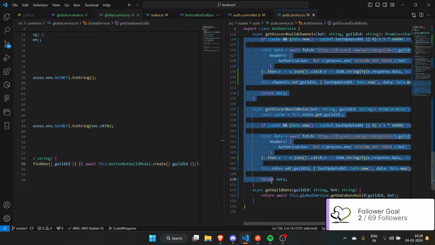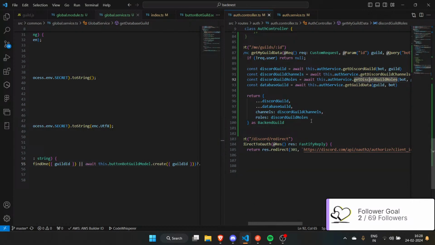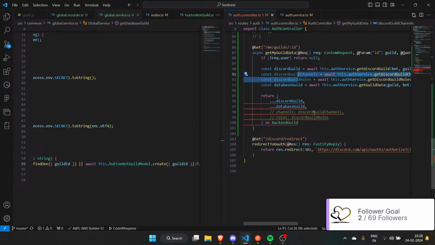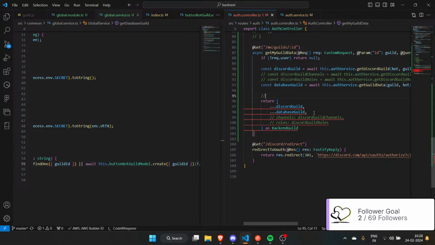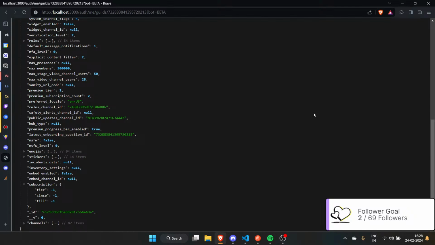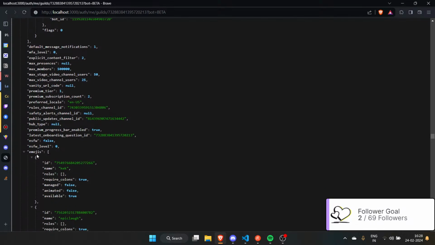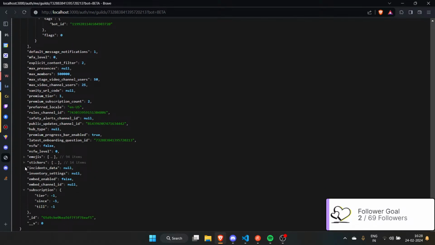Dude, are you saying that these two functions were useless? Please don't say that to me. Let me comment that. Let me //ts-ignore. Please don't tell me that, dude. Are you saying that was useless, all of that? We have emojis, stickers.